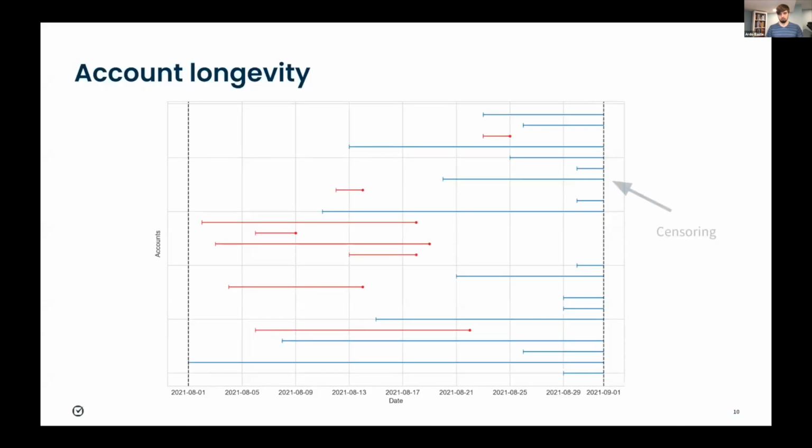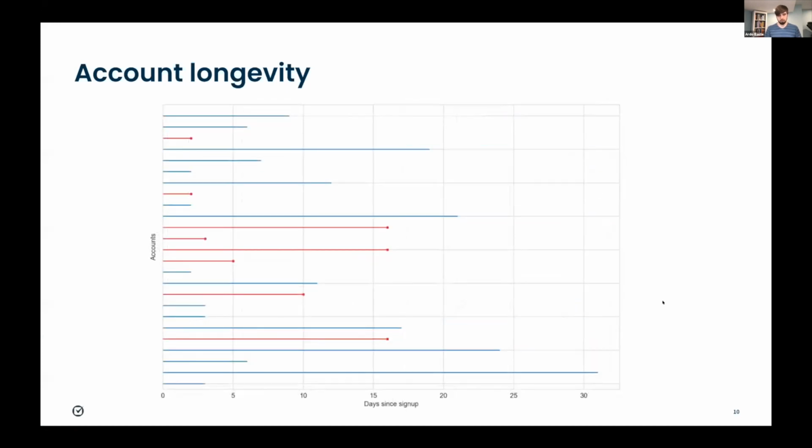And we see it also in this example data set we have. So all the blue lines are effectively censored because all we know about them is that they didn't churn before the end of our time period. We don't know what happens afterwards, but we should include them in our analysis as long as we have data for them. So we convert this data to the sort of duration count,